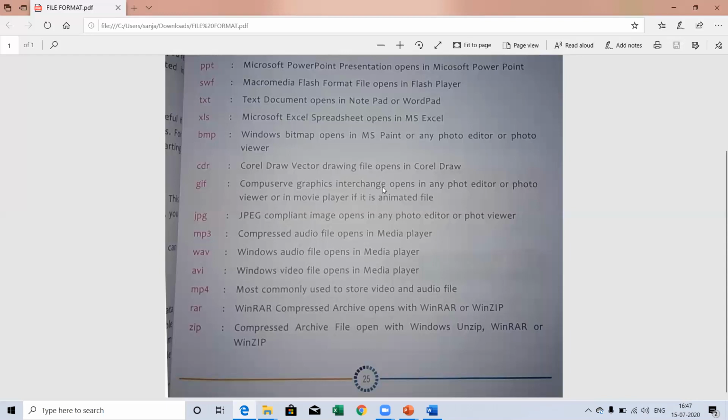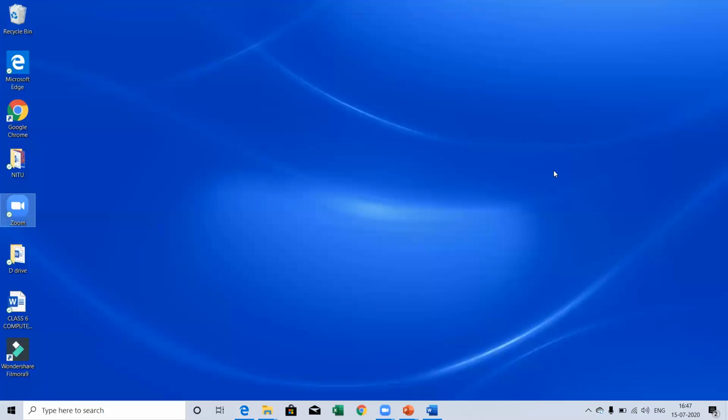So these are the extensions of various types of files, and these are the most common file formats. In this chapter, first of all I explained what file organization is. File organization means how you can manage your files and folders, and also how you can search your file, open your file and save your file.